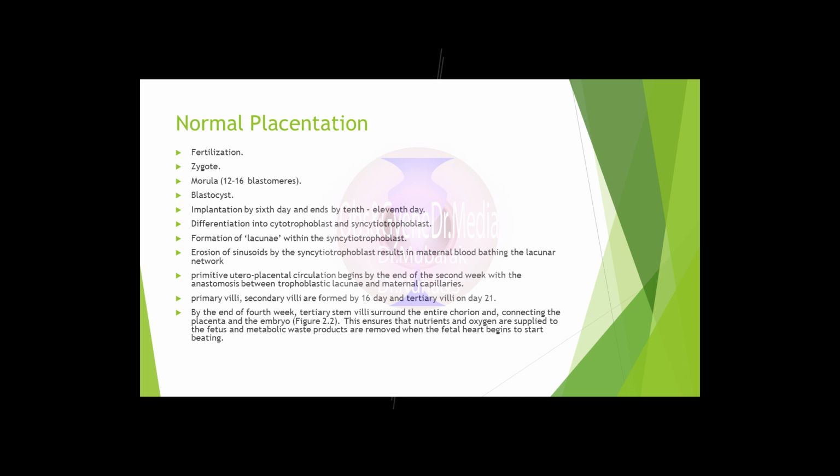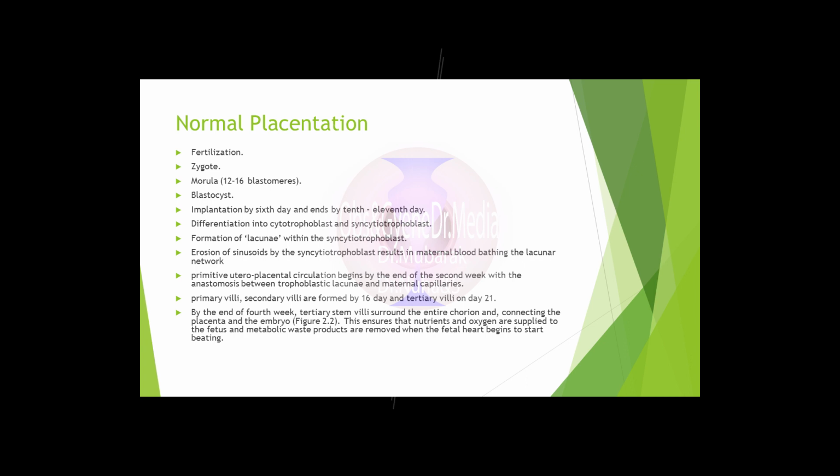The cytotrophoblast, meanwhile, proliferates and forms protrusions penetrating into the syncytial trophoblast all around the blastocyst. These extensions are known as primary villi. On day 16, after being invaded by the chorionic mesoderm, secondary villi are formed. This is followed by the development of blood vessels within the chorionic mesoderm, leading to the formation of tertiary villi